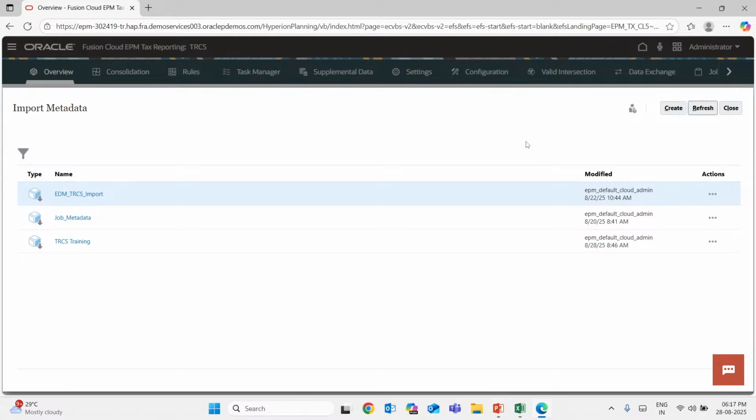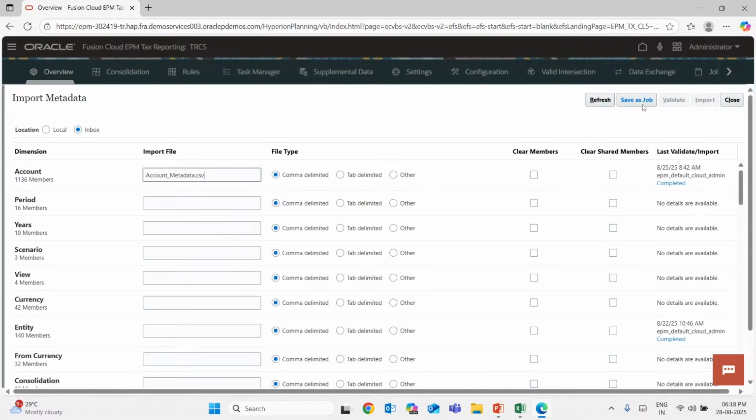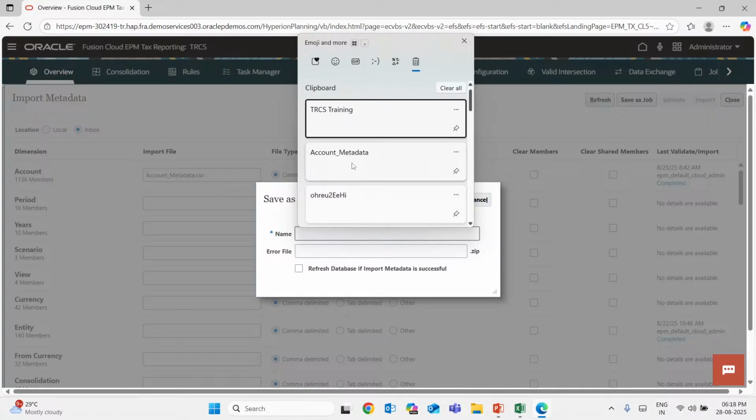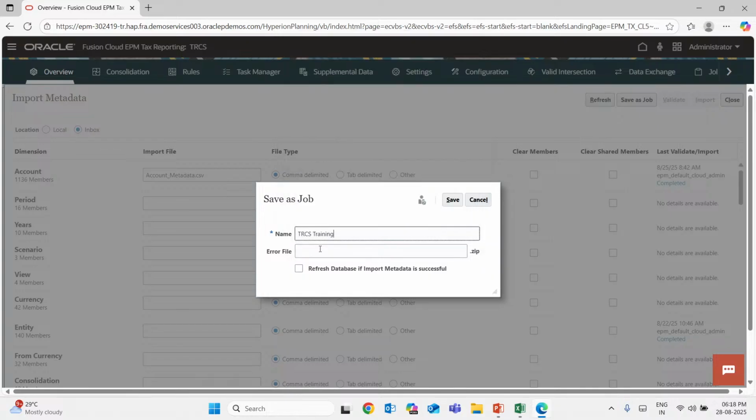Account metadata .csv, save as jobs. Here we have TRCS training, here we have TR6 training, that will be metadata, and we will save it. Close. Then we will refresh it from right here. See, we have it. Now we are actually gonna submit it, but